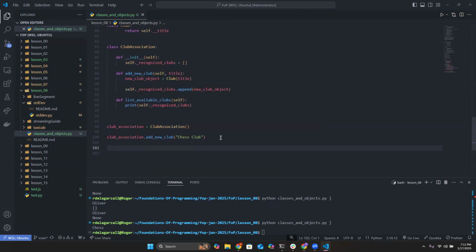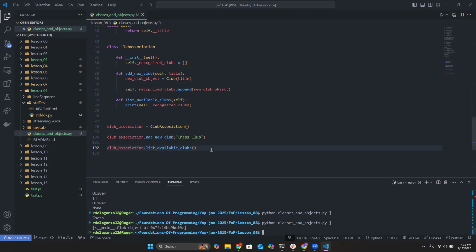And then I go about my business, and I've collected some clubs. I'm like, all right, well, I want to see what my clubs are. How many clubs do I have right now? Well, let me go ahead and see all my available clubs. And we can run this. And we see here that I have one club saved within my ledger, right? So I was able to create a specific object of a club association. I myself, the club association, was able to create a different object and then save it,